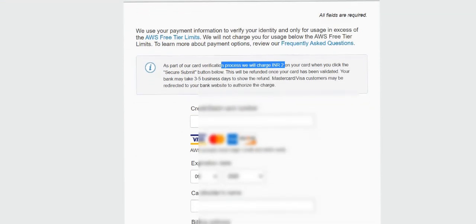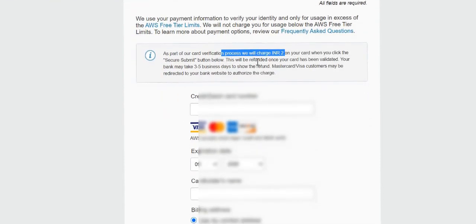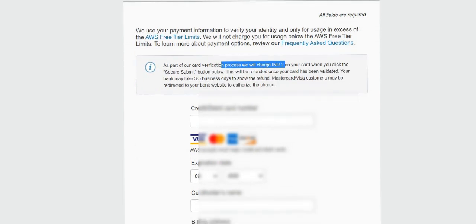So you belong to this account and you are going to own this account. Later on they will credit your 2 rupees back to your account. Don't worry about these things. This is a mandatory policy given by Amazon. So my recommendation, use your debit card and don't go with your credit card.